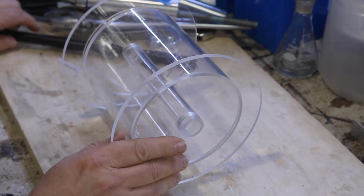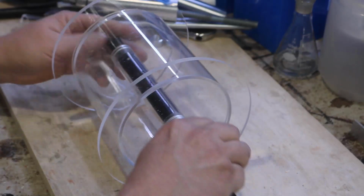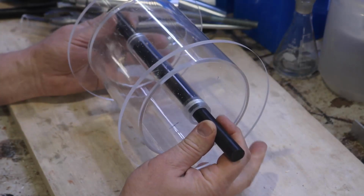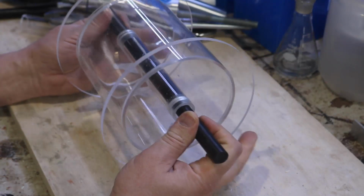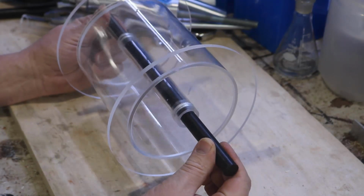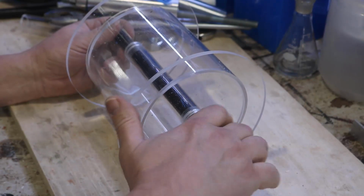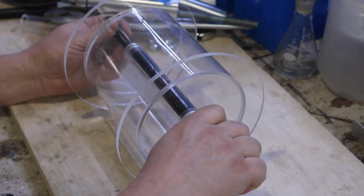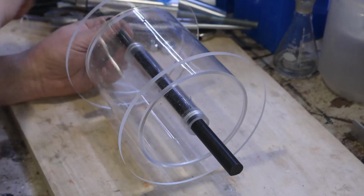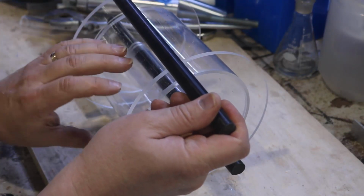This is as far as I'm going to get today. And this is the drum for the drum filter. There you go. And that is just nice and smooth. I still haven't decided whether I'm going to use this piece of Delrin or machine another one that's a little snugger. I'm not going to actually get to that part of the build until I've actually put water on this. And that's pretty much the angle that I want the...